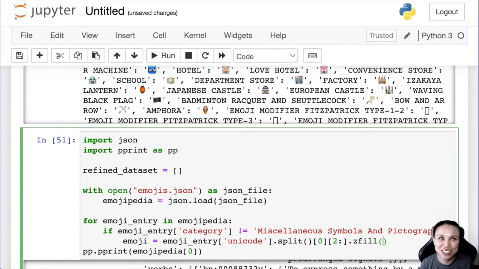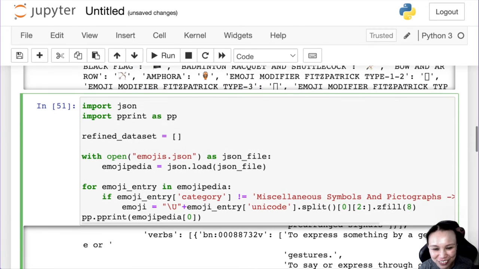Oh my god, I'm trying to remember everything. And then I would change this into, so this is already a string, so I would put the backslash U there plus. Okay, I hope it works. I should actually try it out first.